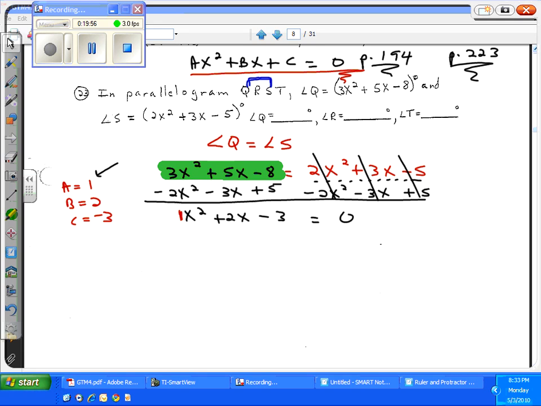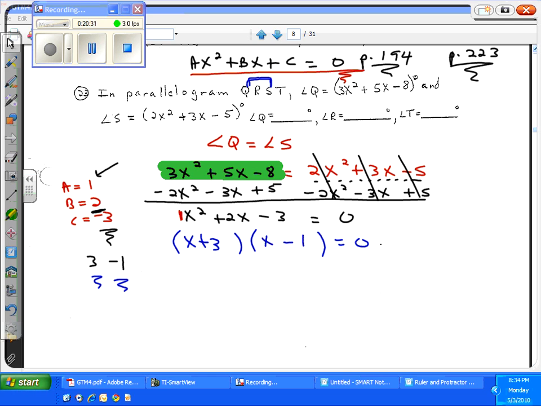Factoring is easier when a is 1. When a is 1, we want to think, what can I multiply to get c and add to get b, and the numbers would be a 3 and a negative 1. When you multiply 3 and negative 1, you get negative 3. When you add 3 and negative 1, you get positive 2. And so this quadratic will factor into x plus 3,